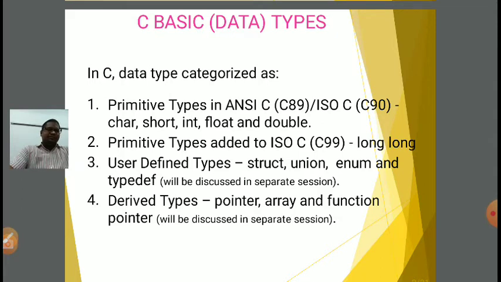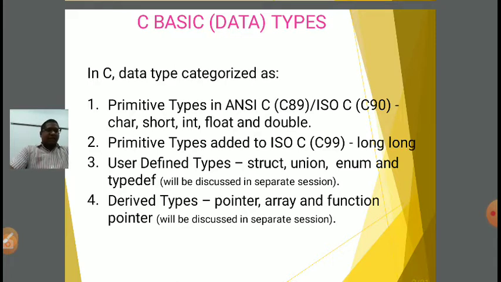Next is enum. In case of enum, we can give indexing to string values. Suppose I have 7 string values: Sunday, Monday, Tuesday, Wednesday, Thursday, Friday, Saturday. If I want to allocate some index value to these string constants, then enum can be helpful.